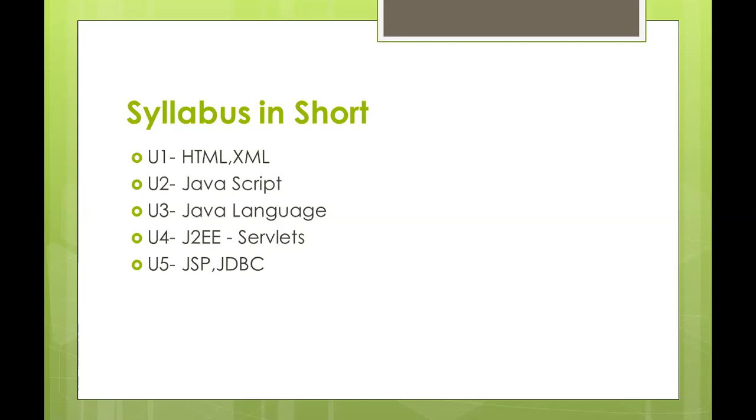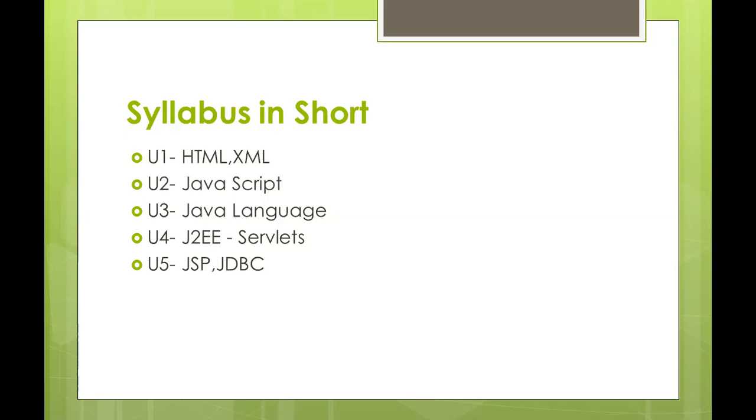But how a servlet is different from a normal Java program is that a servlet is a web-based program. It includes all packages and methods related to interacting with the application server. So this is server-side programming. Unit 4 and Unit 5 are totally server-side programming. In Unit 5, you are going to learn JSP. The abbreviation of JSP is Java Server Page. It is server-side programming.